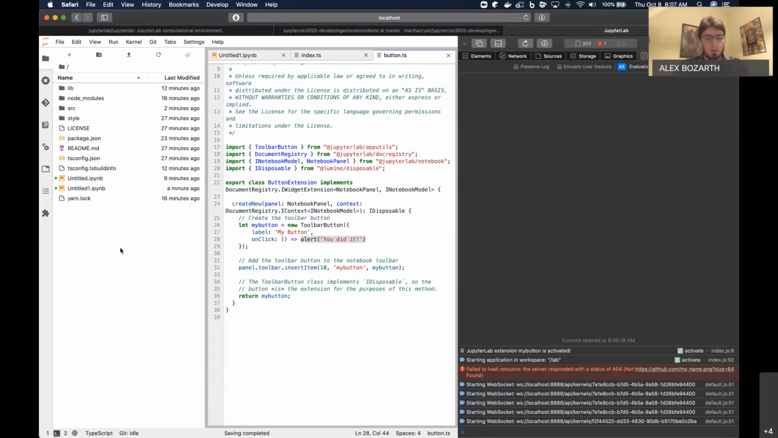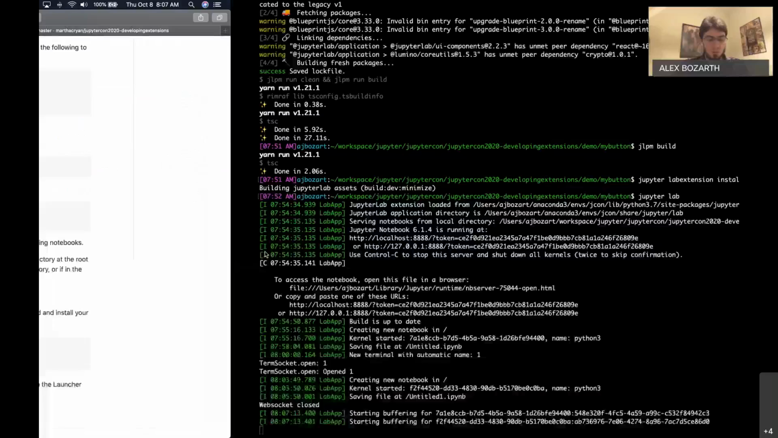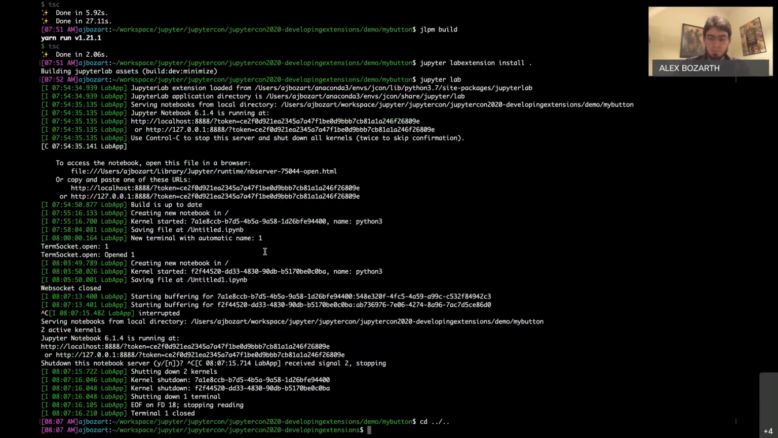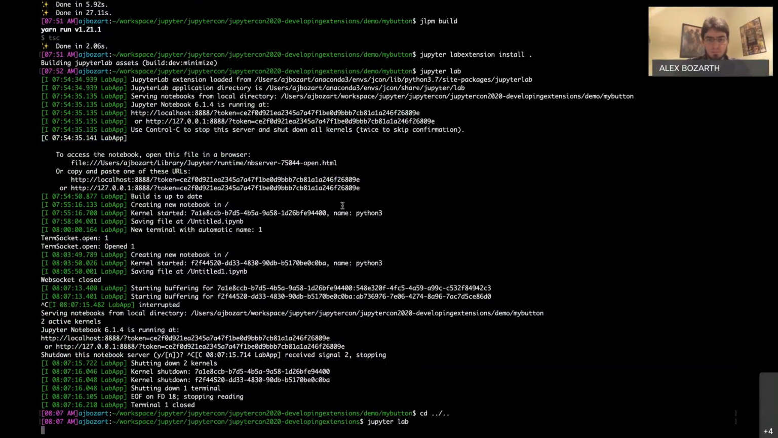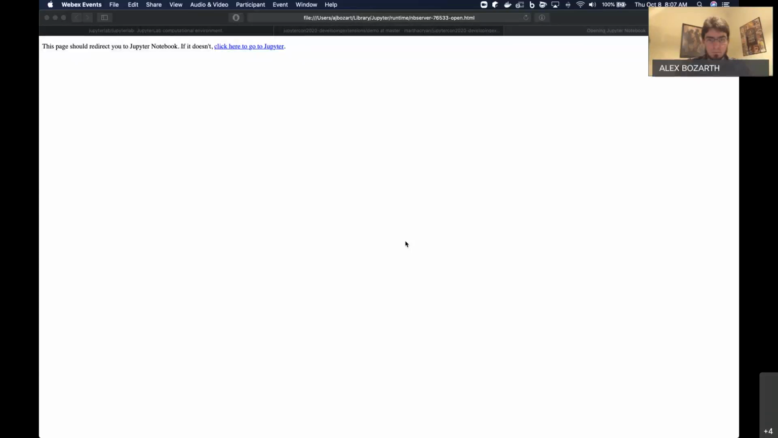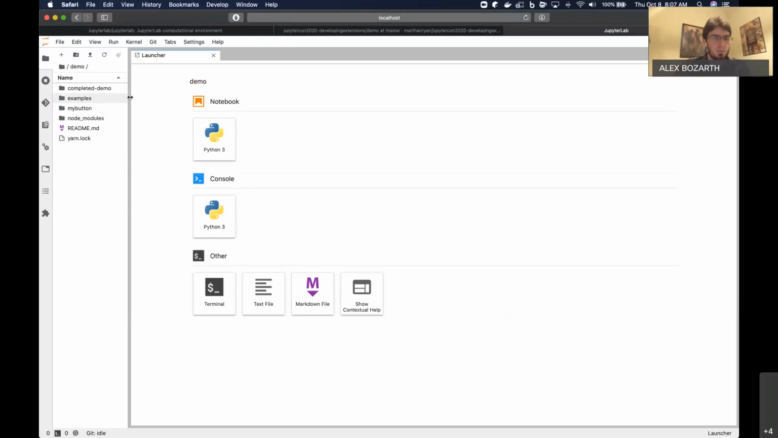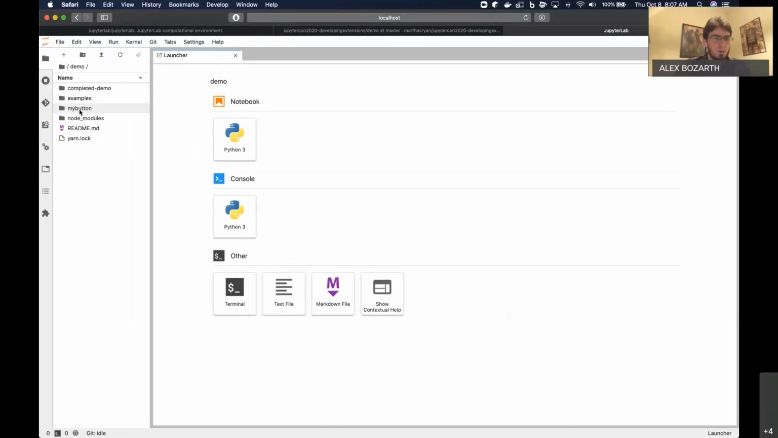I'm in the wrong section. So I'm going to kill my JupyterLab real quick, and start JupyterLab up from the root of the demo, the root of the tutorial repo. So I can see this. Okay. So I've included within the examples directory, which is one up from the button,